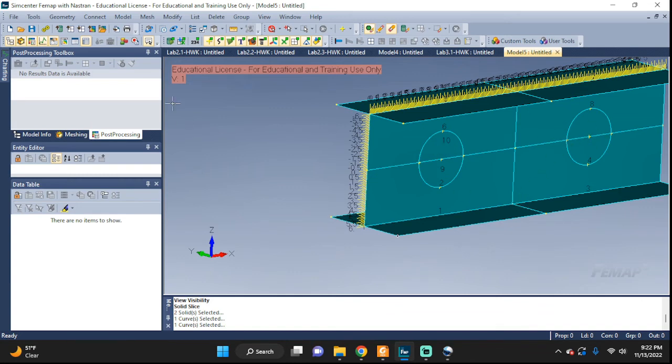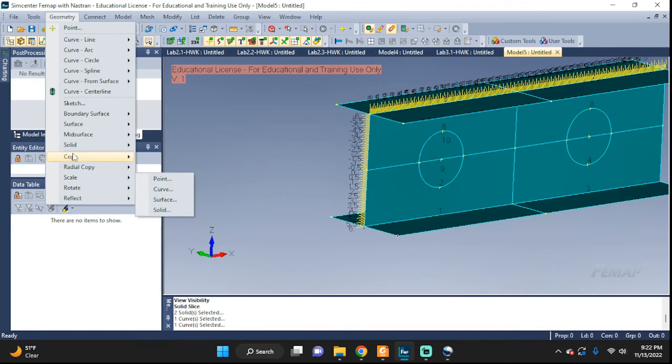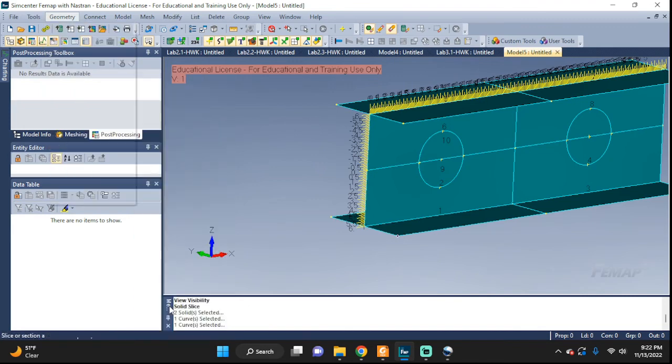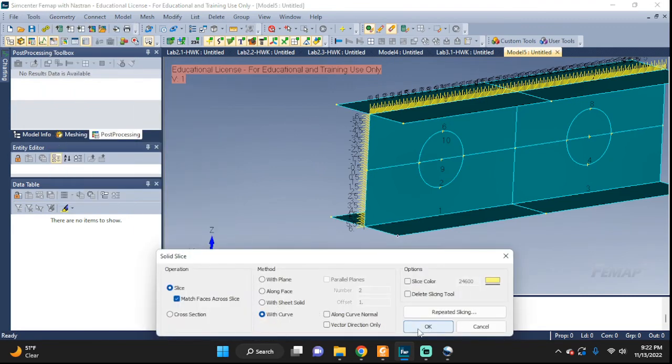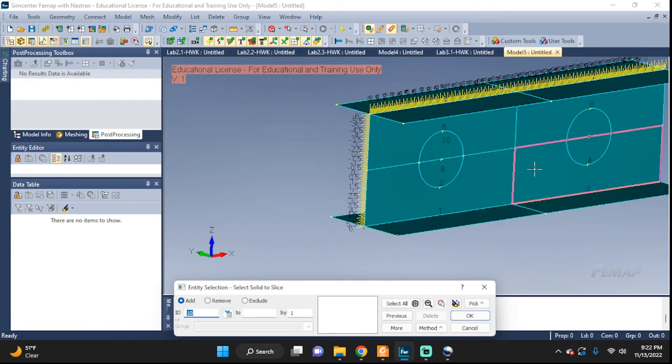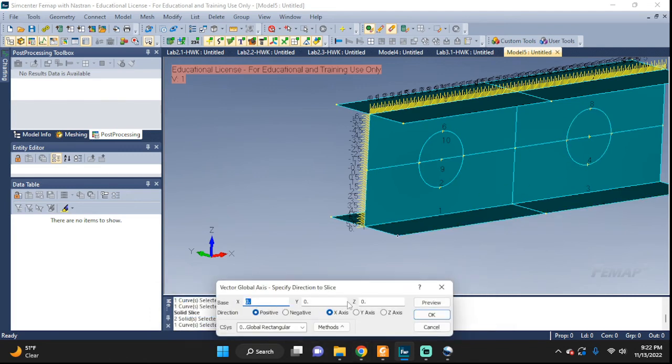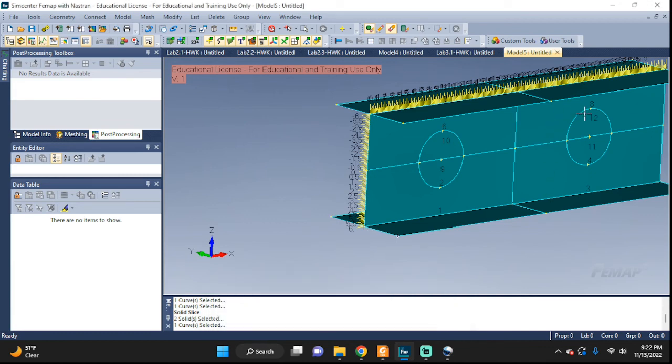Good. Now let's do the same here. Geometry, solid, slice with a curve. Click OK. Select the two surfaces I want to slice. Okay, I want to slice with the circle. Okay, again I want to go in the, what do you say, in the Y. We want to go in the Y axis direction, the slicing direction. Okay, and again confirm that we have separate